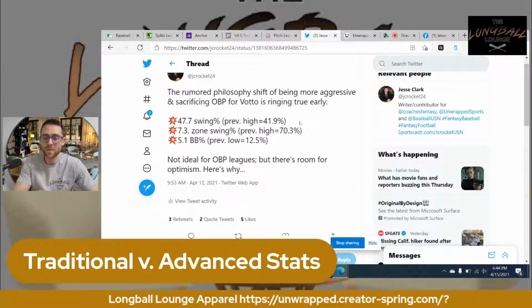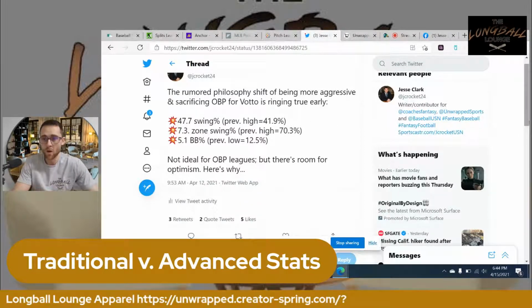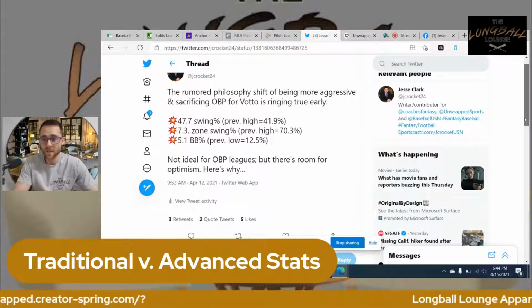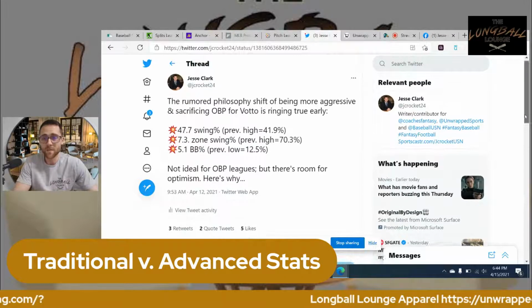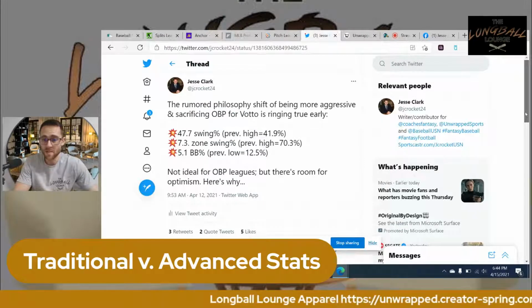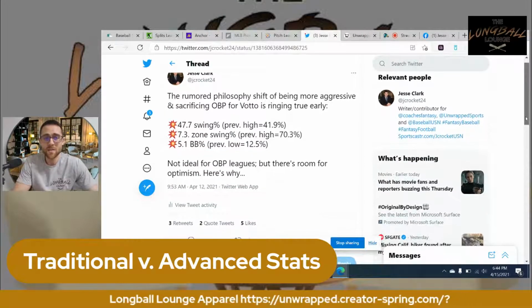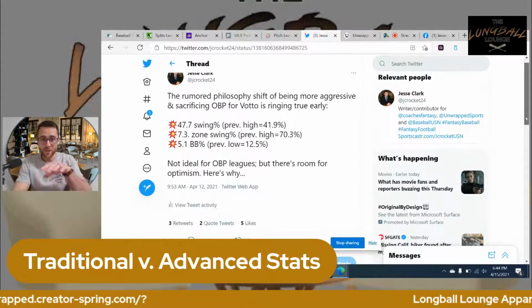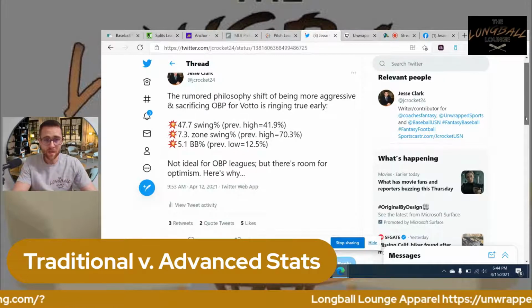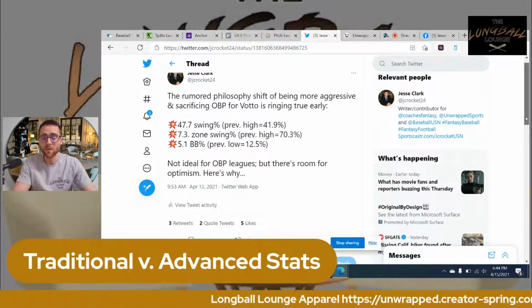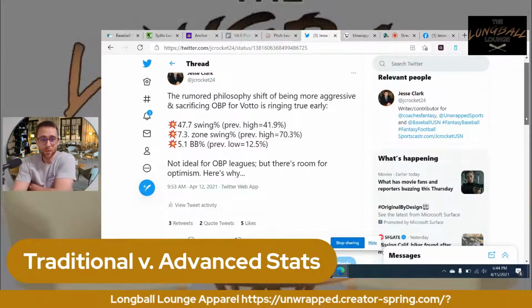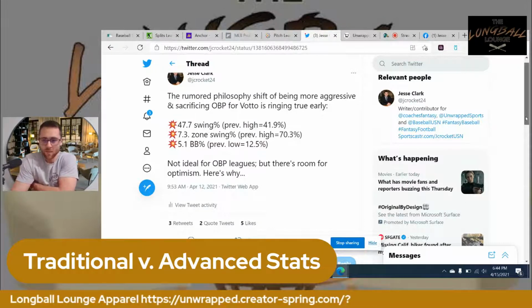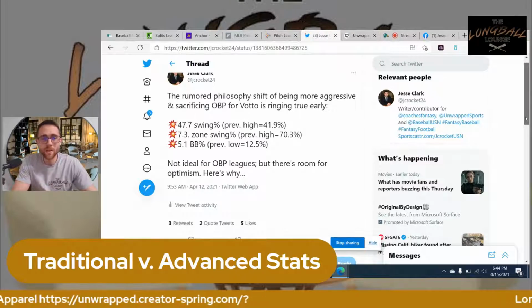And I know we're dealing with a small sample size here early in the season, so don't make too much of this. It's not the be-all and end-all. It's just helpful data that will show us some things that maybe we don't see in the traditional stats. So next I said 73.3 zone swing percentage, meaning if the ball is in the strike zone, he's swinging at 73.3%. Of course, you try to make a great point and you end up with a typo.